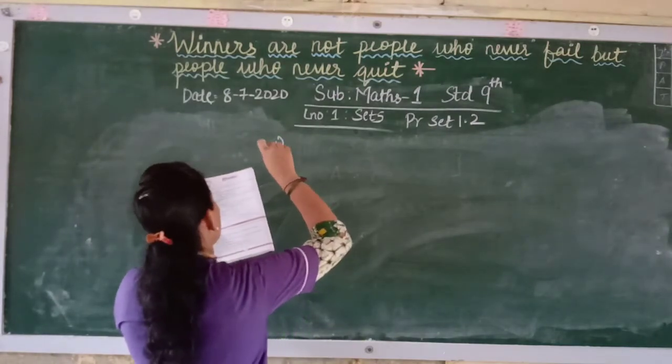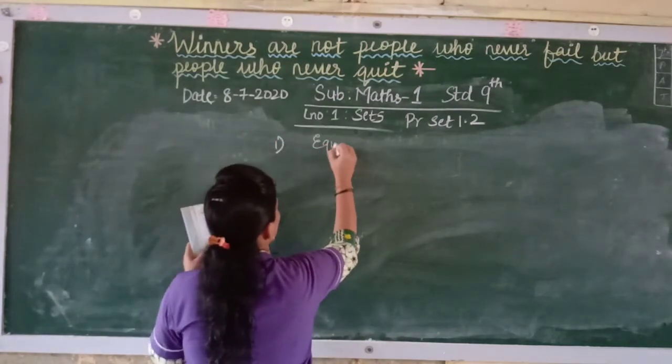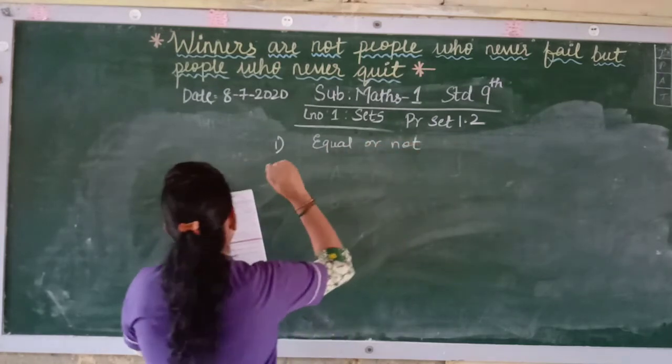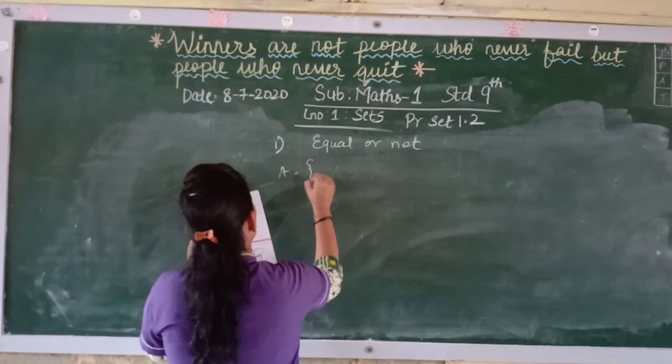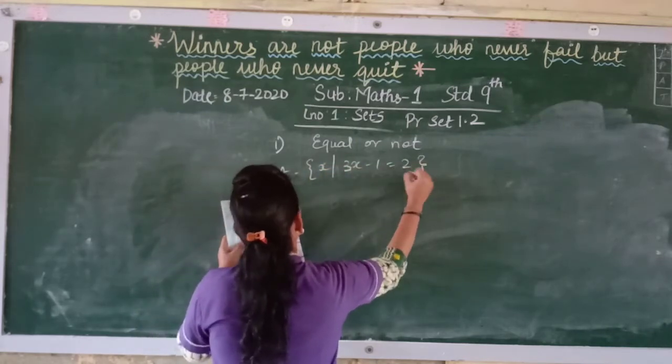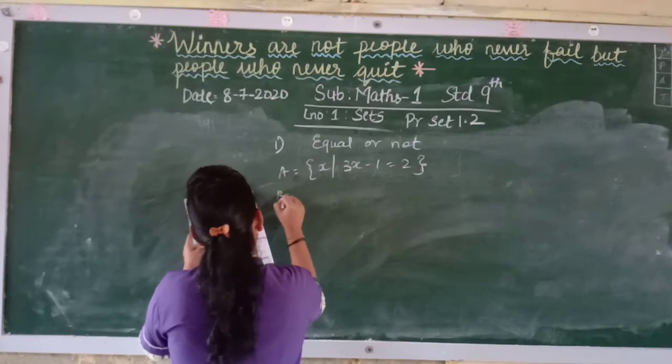Decide which of the following sets are equal and justify the answer. Equal or not. The sets are equal or not, you have to justify. Now see the first one, A is the set of x such that 3x minus 1 is equal to 2. And B,